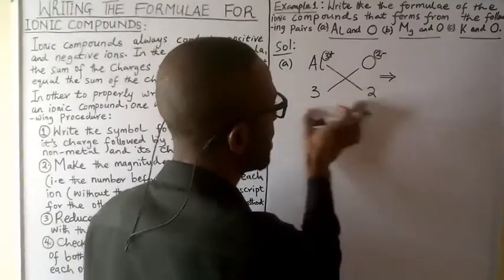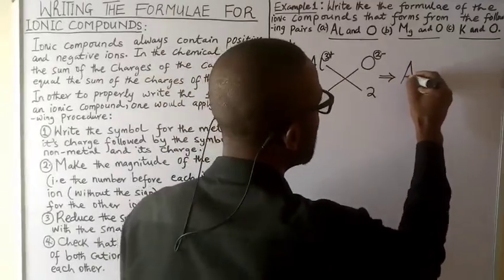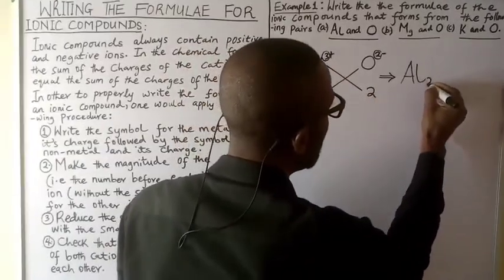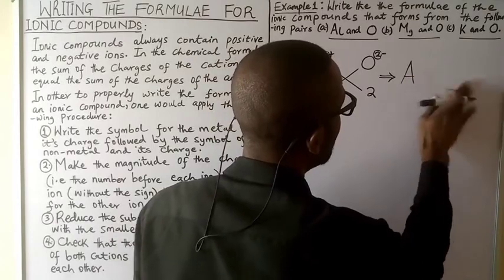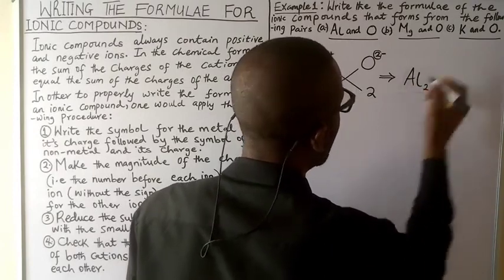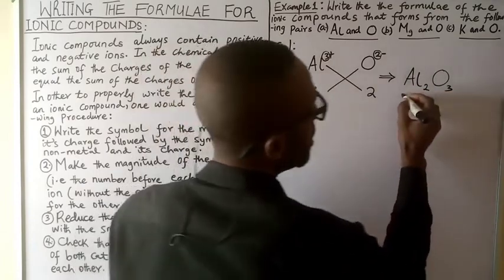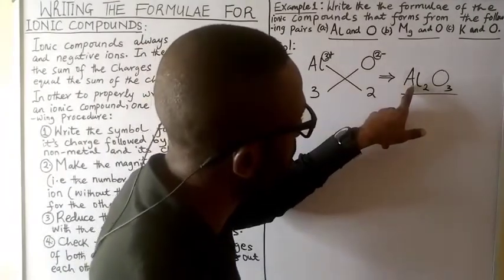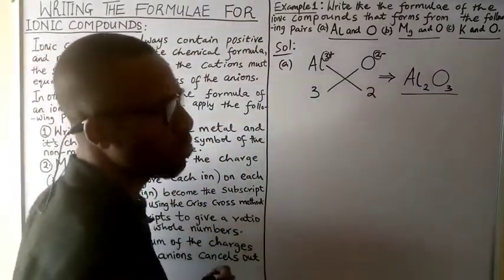Then you exchange this magnitude, and if you're exchanging it, it now becomes what we call the subscript, which is the number that talks about atomicity. So Al now has a small value here known as the subscript. Let me write it properly. So here you have Al2, all right? Then oxygen now takes the other 3. So when they exchange their magnitude, it's coming in form of what? Subscripts now, which is talking about the atomicity. The atomicity of aluminium here is what? 2, and the atomicity of oxygen here is 3. All right? So that is what you have, Al2O3.